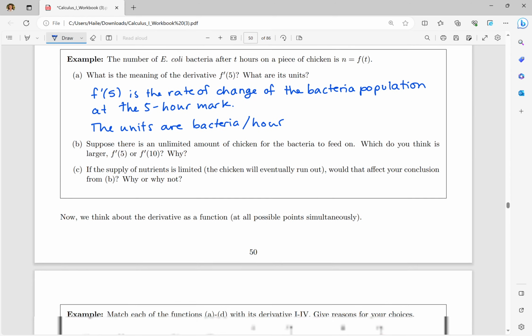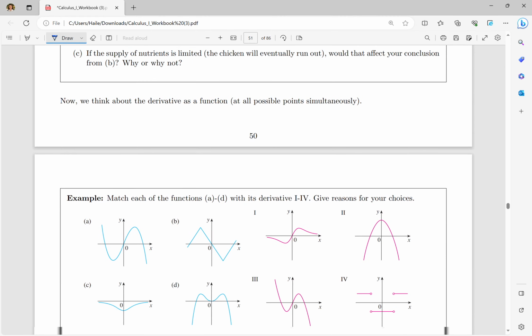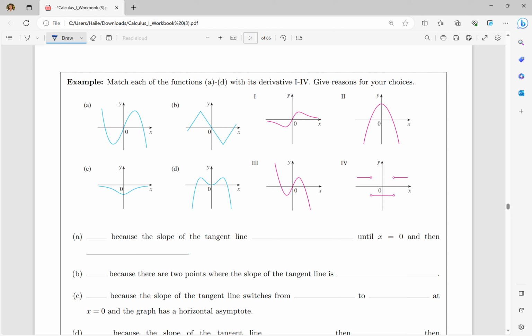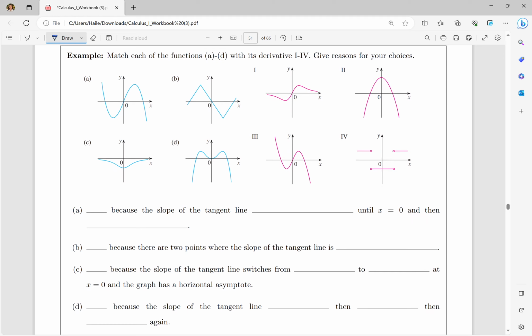Okay, so now we'll think about the derivative as a function or at all possible points simultaneously. So for example, we're going to match each of the functions a through d, so the blue graphs, with its derivative 1 through 4, which are the red graphs, and we want to give reasons for our choices. So let's start with a. So a, we're looking at this graph here, and if we look at our derivative graphs, we want to find something that sort of